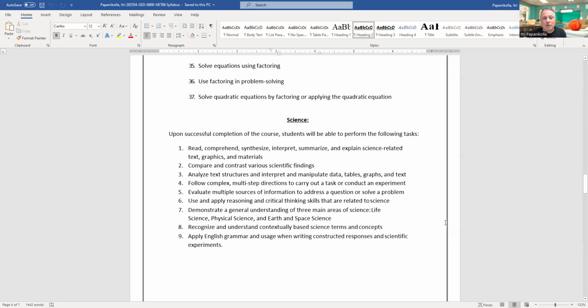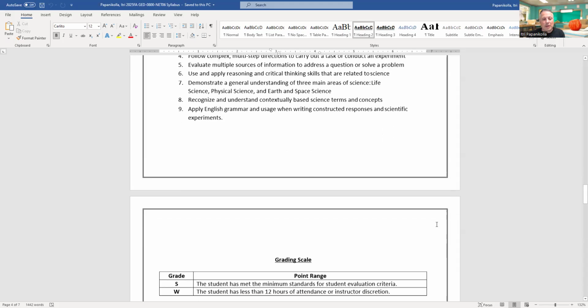Science is a lot shorter. It's a lot about visualization, a lot about the skills within the tables, the charts, the numbers, the graphs, not much direct science as you've seen in high school with experiments and labs. It's mainly just test taking here. So we want to make sure that we cover that.